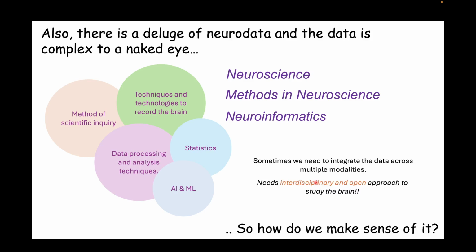So that is another level of complexity, with different types of data. And this is where neuroscience and neuroinformatics, or any of the related umbrella terms, need an interdisciplinary and open approach. Nowadays there is a lot of open source data available, so we are going to use this kind of open source data and try to be comfortable with the methods and learn the existing methods. So yeah,